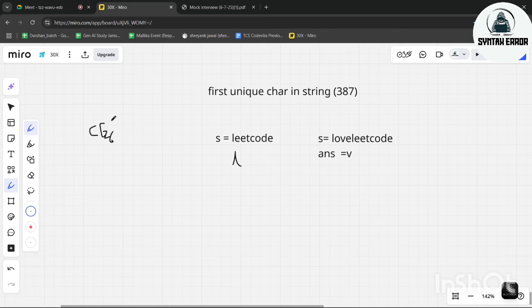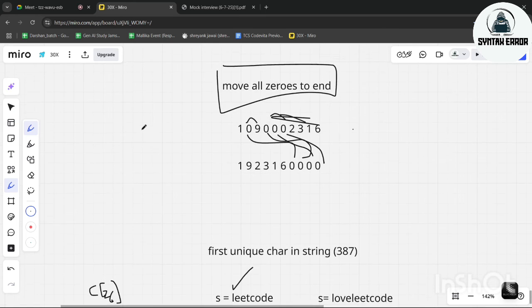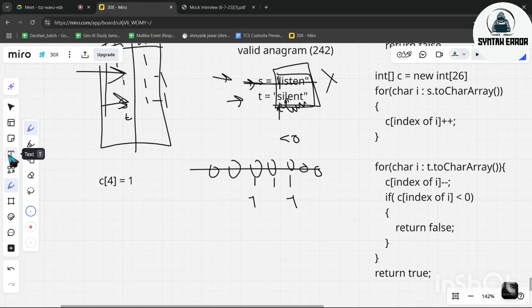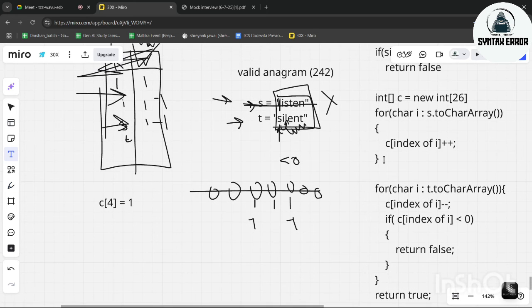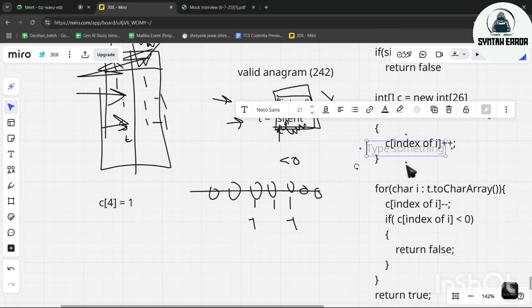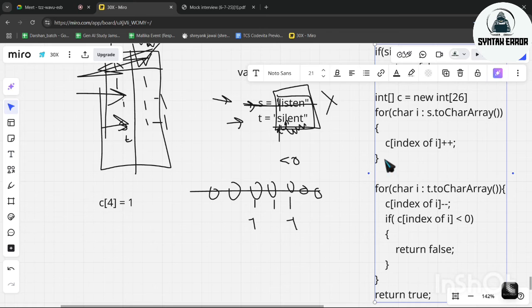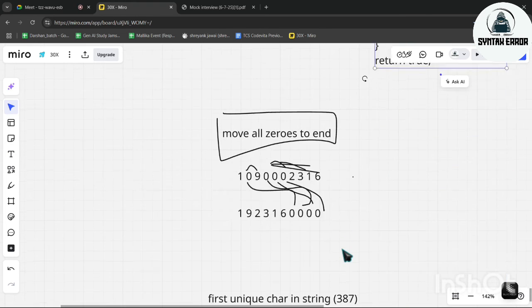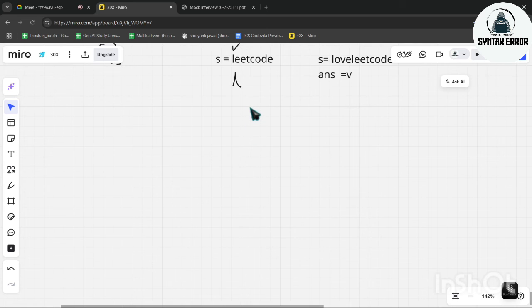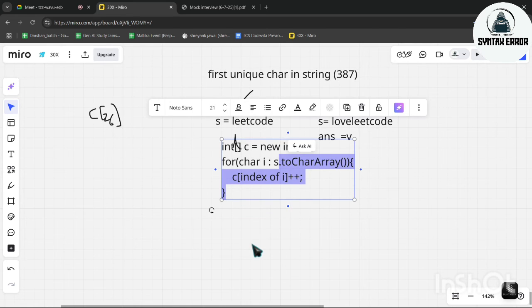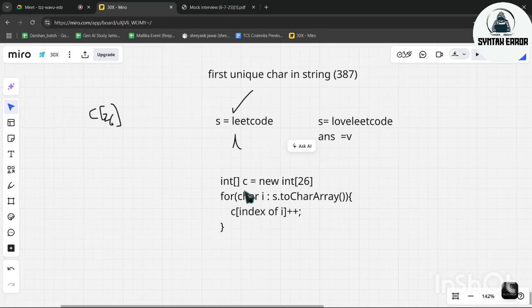And we will just count the frequencies of each character. So we will just copy this much of our code, this much of our algorithm is the same, which we will use here. We will create a new array called C of size 26, and for these particular indexes of this string we will go on incrementing the frequencies.